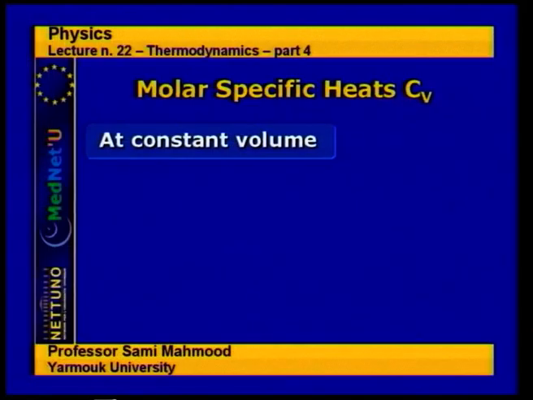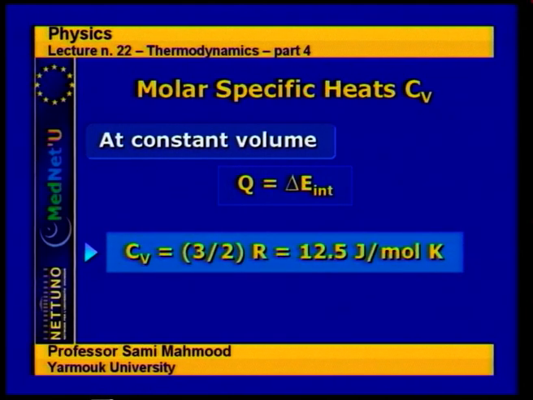So we have those two relations to depend on, and for the molar specific heat at constant volume, Q is simply delta E, because the work done is zero. That is from the first law of thermodynamics. Q is equal to delta E, and since delta E is equal to 3/2 nR times delta T, and Q is equal to n Cv delta T,